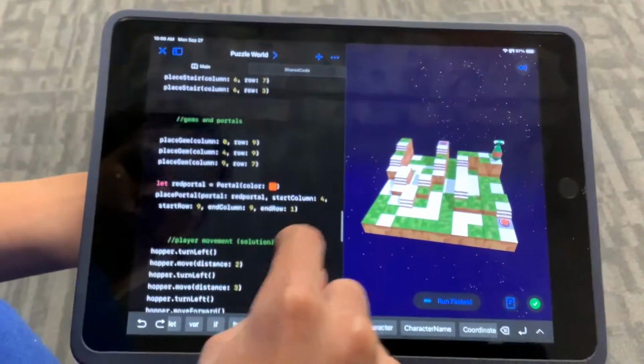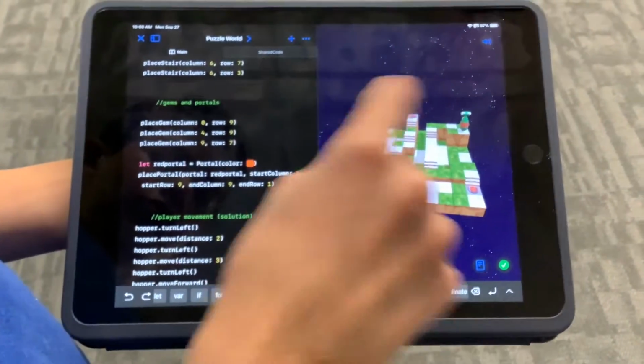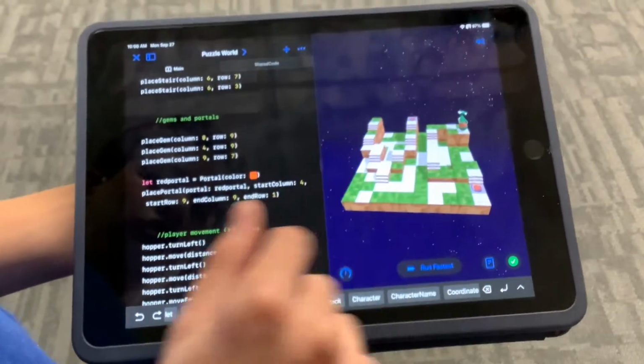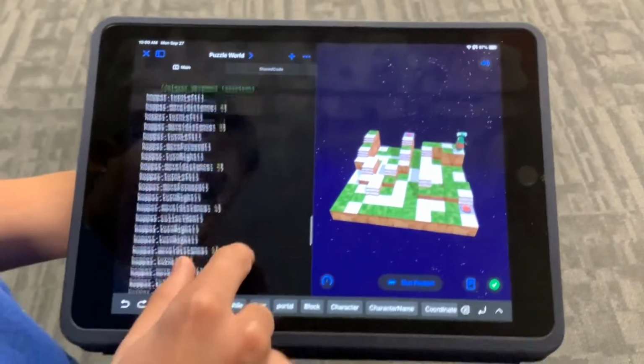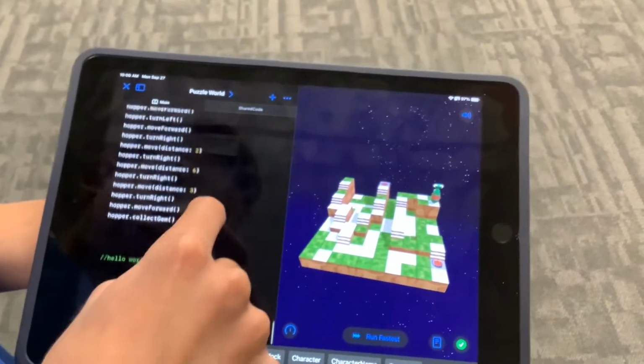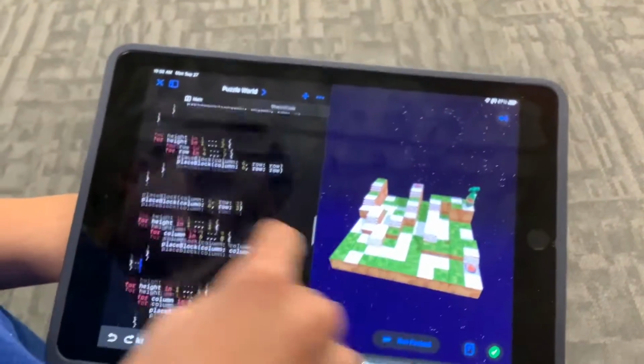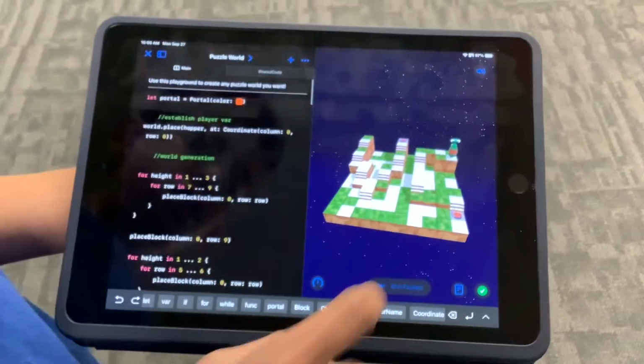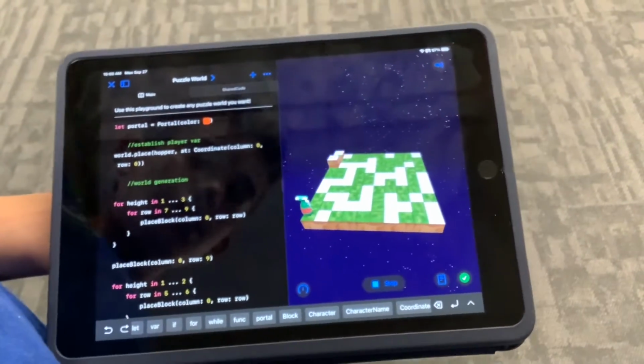Then after you pass through that, you have your gems and portals, your portals will appear in there, and the gems will appear when we read on the code. And then we have our player movement code in order to get the player to travel through the course and collect the necessary items. So if we start this,